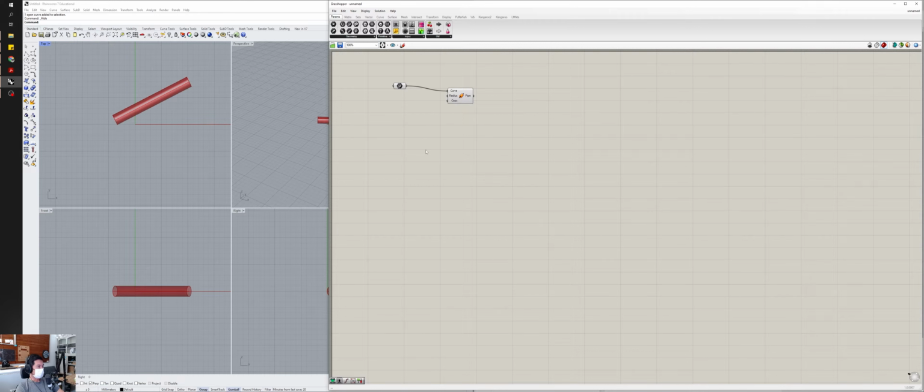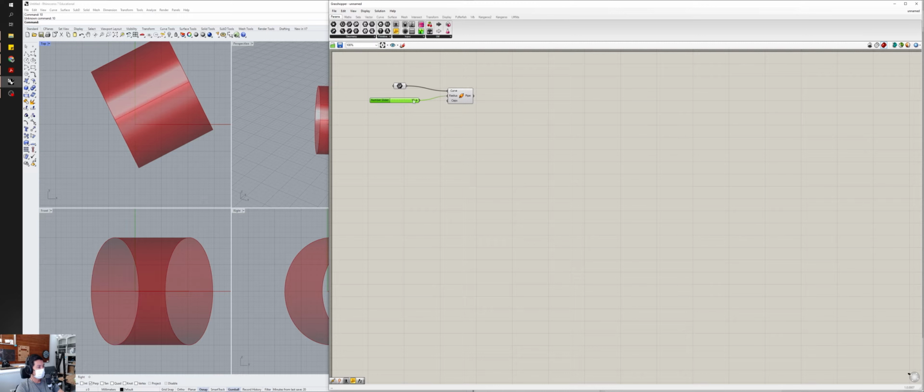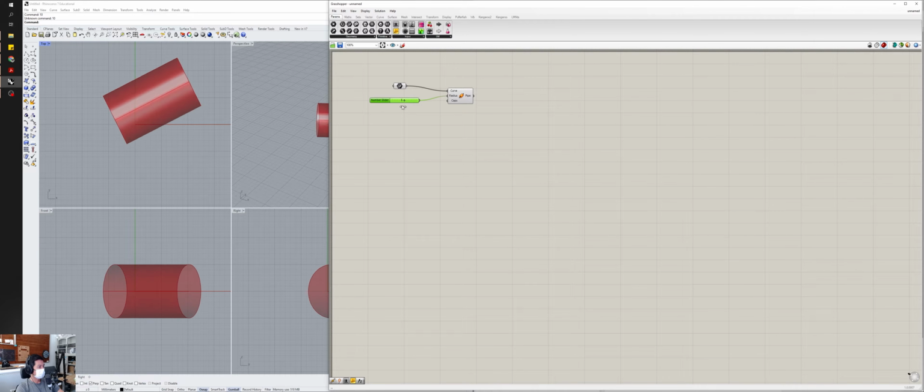Now our radius here, obviously, we can use a slider, and actually more than just 10. So we have a slider that can change the size of that radius, right? But we've always kind of been looking at this as one curve coming in and one value for the radius coming in, right? But what if instead of one curve,